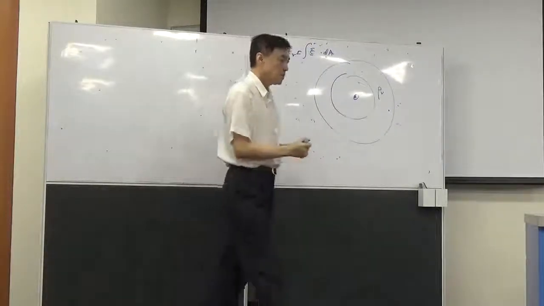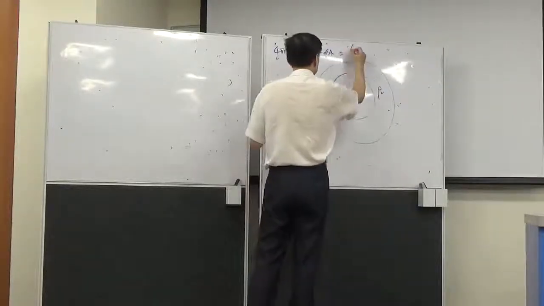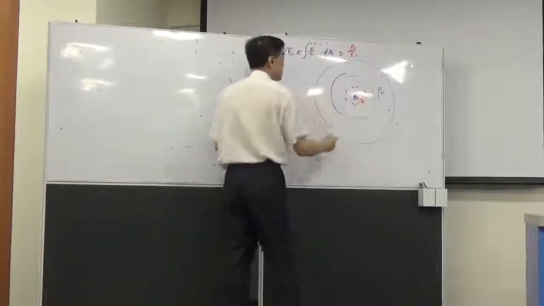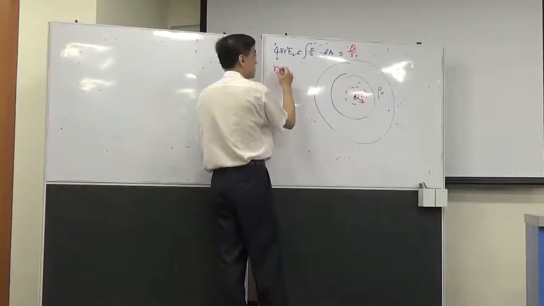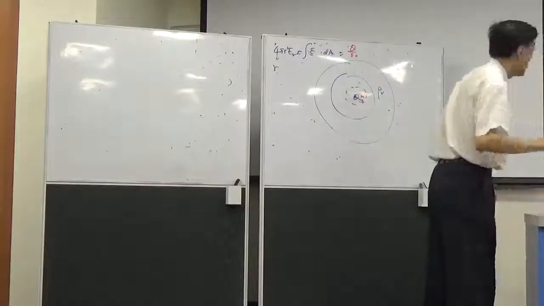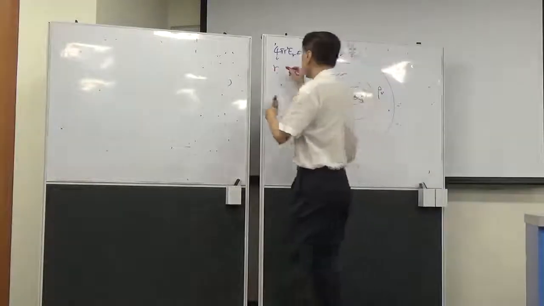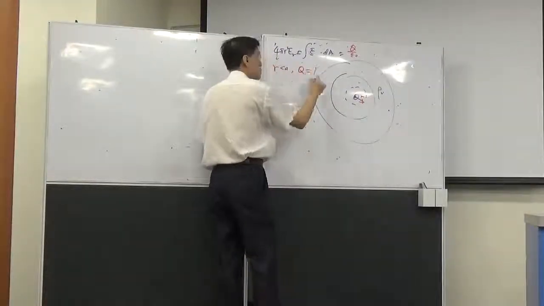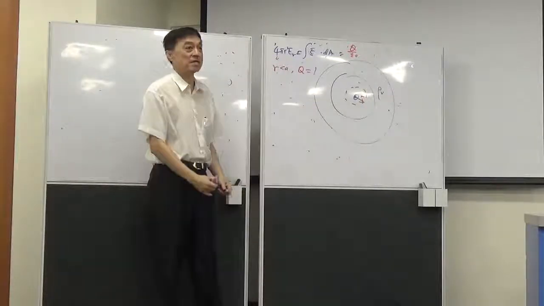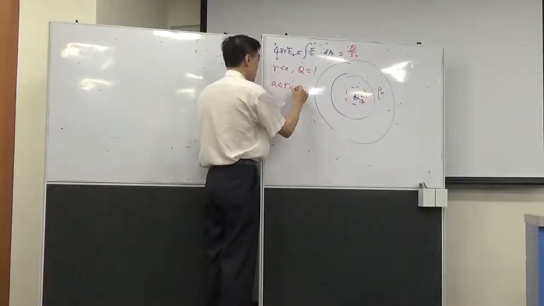Okay? So the flux is Q over epsilon naught. Now, when I draw this, A or B? A and B, okay, this is A, this is B. When r is smaller than a, Q is equal to 1. When r is greater than a and smaller than b,